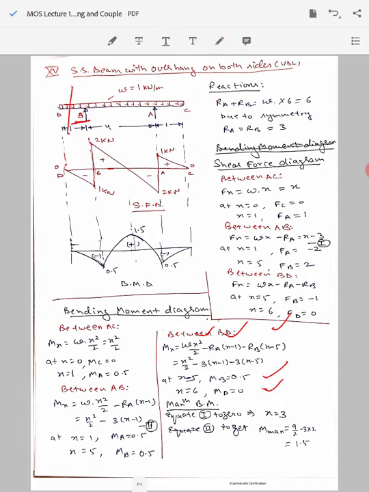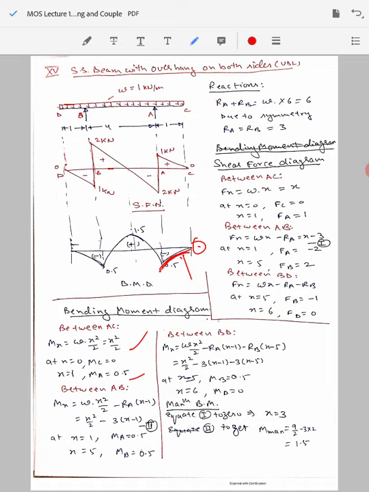Now we will draw these values of the bending moment, and we'll start with the 0 value for the point C. So this is here 0, and then for point A it goes to 0.5, and you see between these 2 points, between point C and A, this value is giving you a parabola. This is not a straight line, you see this is a parabola here because we have a quadratic relationship with x.